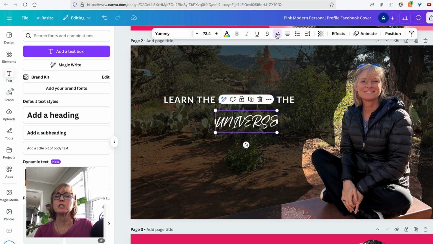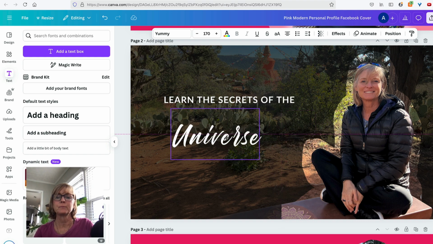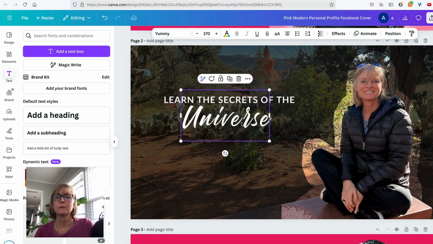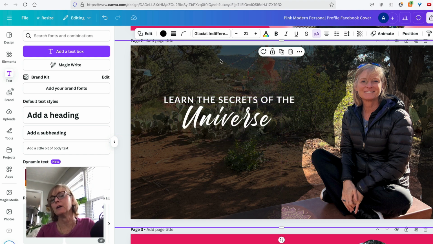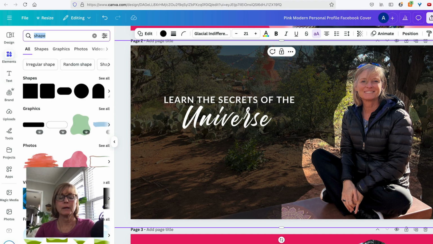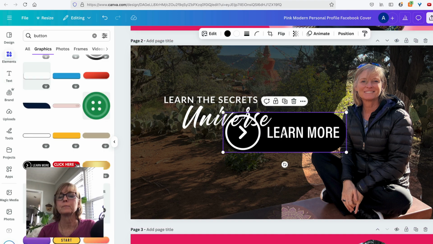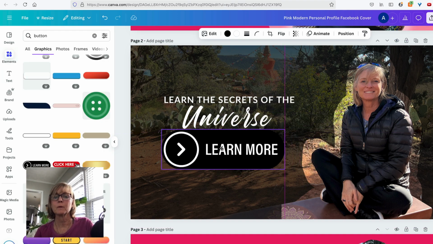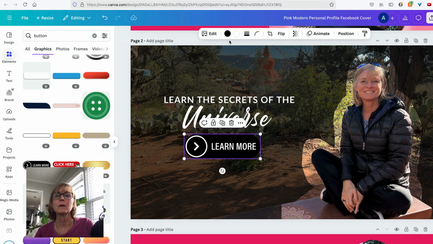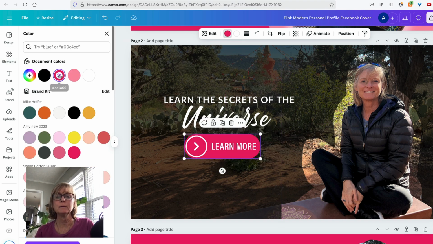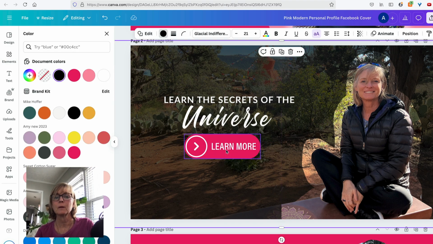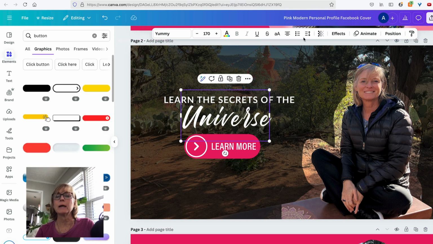This button here changes it from capital to lowercase. I'm just making this up just for fun. And then I would look for my button. I can change the color of my button. And you can also add shadows and